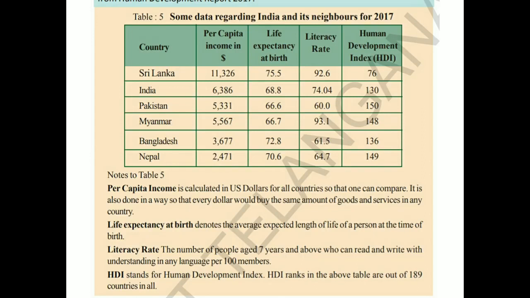When we compare it to other countries, it is less in India. See Sri Lanka, it is a small country compared to India, and even in Bangladesh and Nepal it is more compared to India, because of the food the people intake there and the facilities the government gives to the people. In the last column you can see the ranking, and India is in 130th rank and Sri Lanka is in 76th rank. That shows how far developed that country is compared to India. So this shows how development is taking place in other countries compared to India.